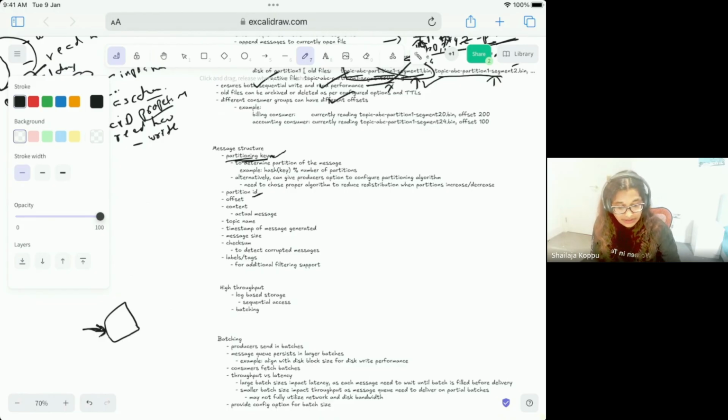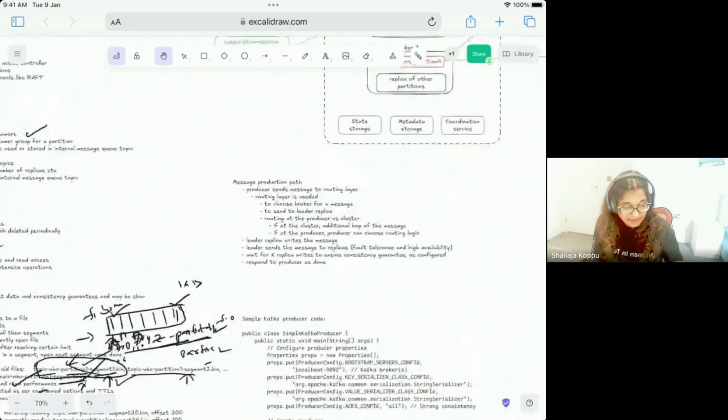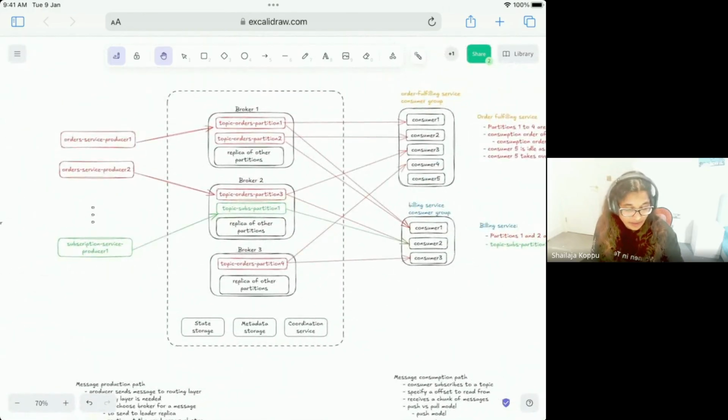If you see in our design here, we are following the same approach as what Kafka is doing. We are assuming that this partitioning logic is there in the routing layer, which exists in the client, the producer.